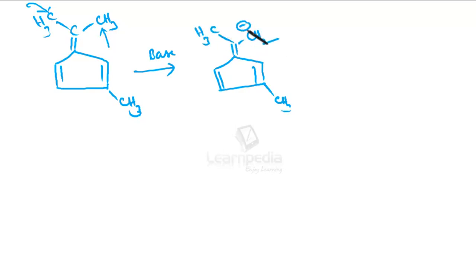And this negative charge is in conjugation with these pi electrons and these pi electrons also. Further, when this negative charge is shifted like this, these pi electrons will move on to this carbon, giving